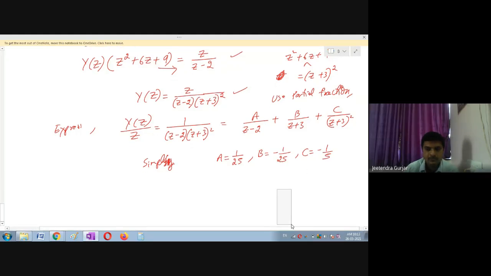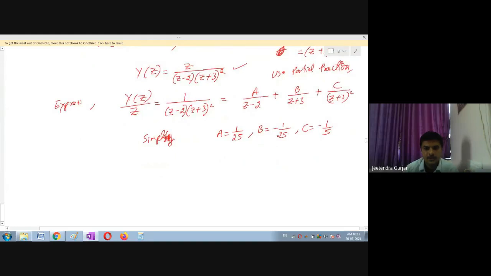Everyone got the same answer? Yes, Kunal? You got the same answer? Kaustubh, please check the answer once again. Any doubt? So you should be perfect in finding the partial fraction. From the last 3-4 examples, we are using this partial fraction, students. You should be perfect in this partial fraction.